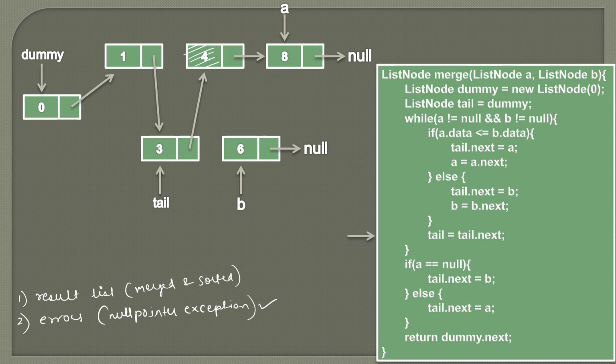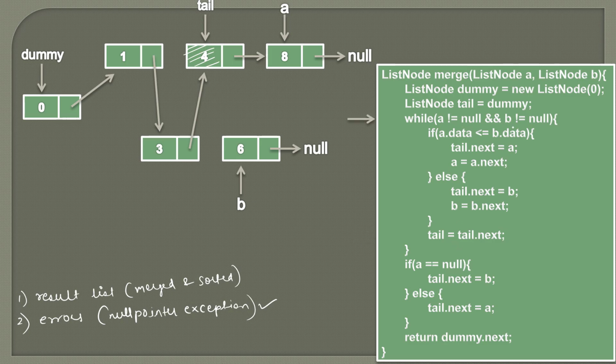And as we have added 4 here, the next node will come after 4. And we are adding nodes based on our tail, so we have to move tail also one node ahead. So we are assigning tail dot next to tail. So tail will come here like this via this assignment.